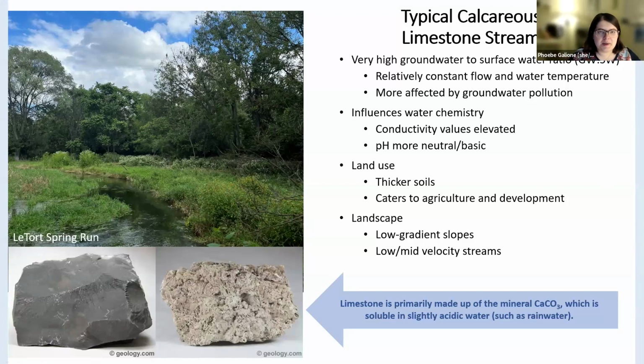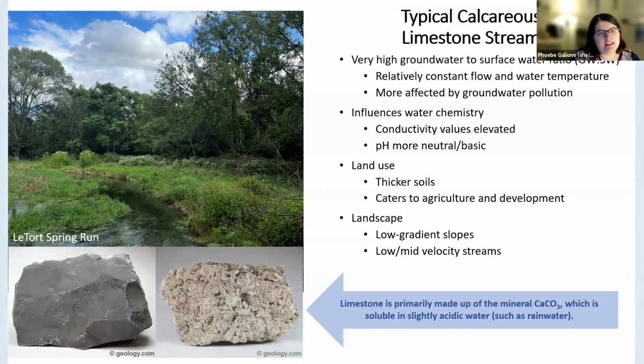So looking at calcareous or limestone streams. In your data packet, although the maps in the back give a little bit more breadth, when you're looking at your site-specific pages, it's going to be split into calcareous and non-calcareous, or limestone and non-limestone. So we're going to replicate that for the purposes of this presentation, but just know there are so many different geology types, and the nuances can affect your stream.